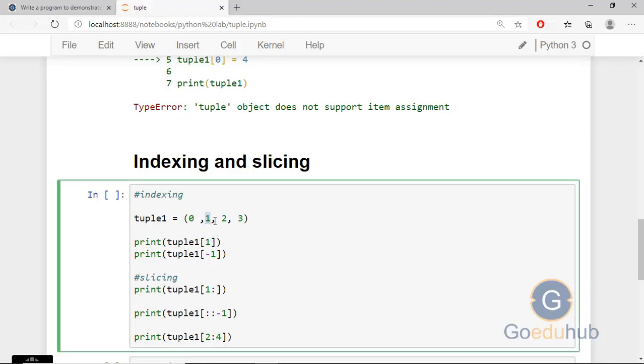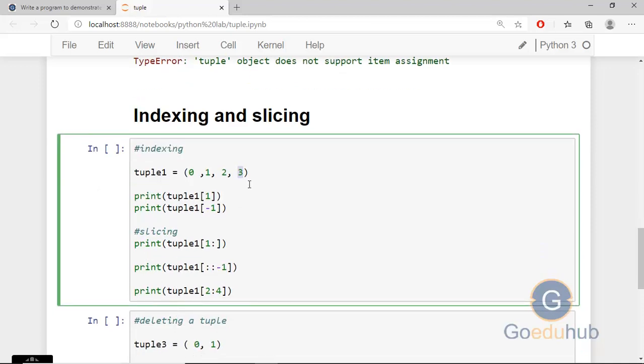This is 0th location, then 1, then 2 and then 3. So at the first position, the tuple1 value we can print, and similarly we have negative indexing also like -1, -2, -3. Last element indicating -1, then -2, and from right to left we are going increasing like -1, -2, -3, -4 in the negative direction.